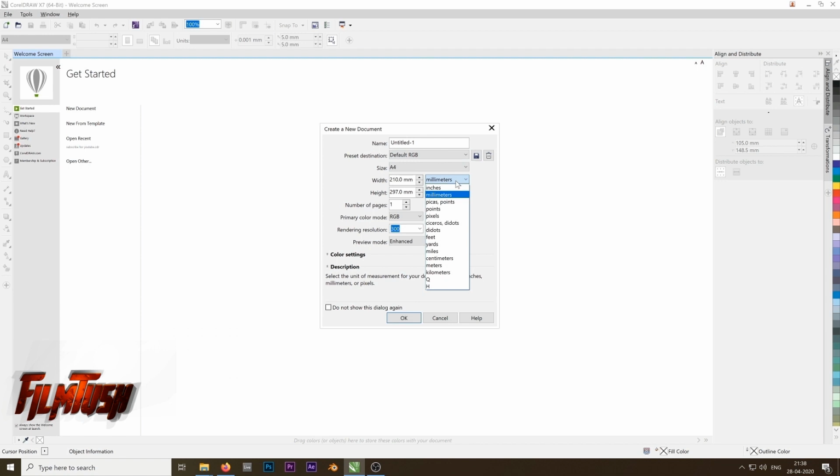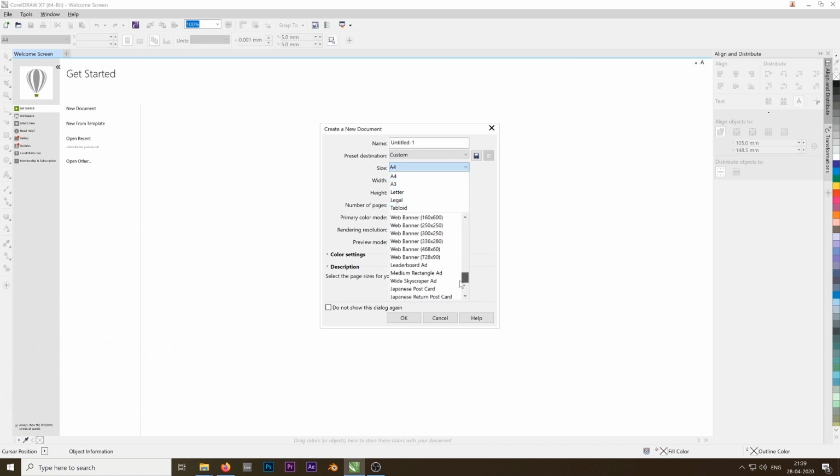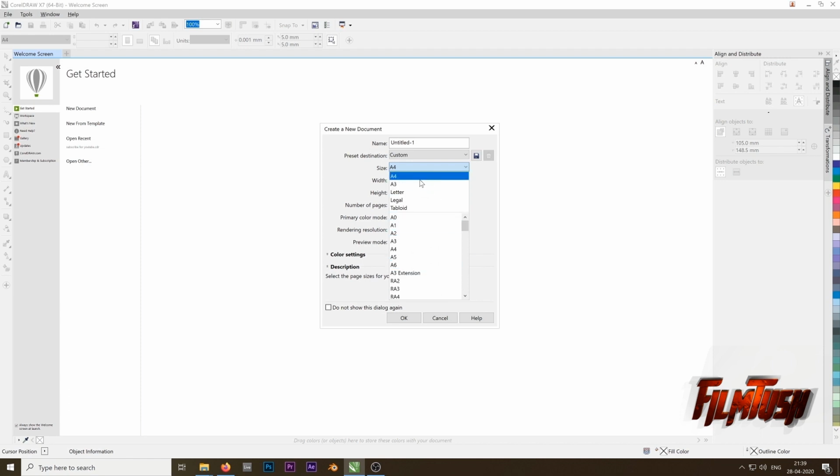Also you can choose millimeters, whatever the units you are working on. Maybe you have some details in inches, then you can select inches and type the value you want. Again maybe you have it in feet, so you can change the value over here and change the unit over here. I'm just keeping it in centimeters. Also you can choose some presets over here like A4, A3, a lot. I'm not going to show you all the presets, so just click A4 and then click OK.